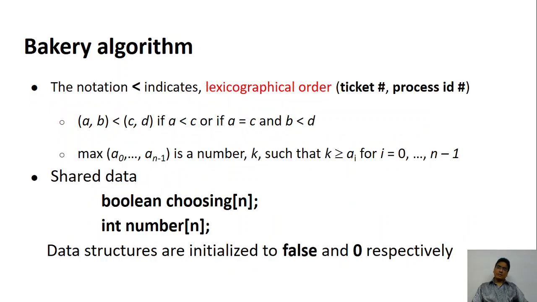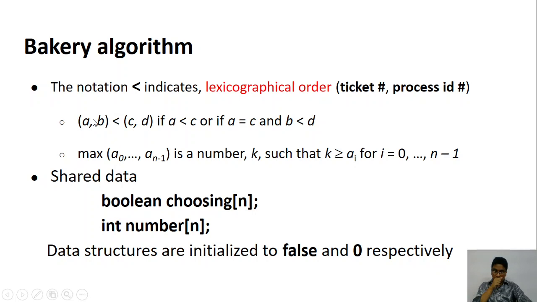Now in this algorithm we use the symbol called less than. Is 5 less than 6? The answer is true, but here it is not simply 5 less than 6. We are taking ordered pairs. So a comma b is one ordered pair, and c comma d is another. Is the ordered pair a comma b less than c comma d? How do I know that? If a is less than c, the first element, this is true. If a is equal to c, then we need to look further. If a is greater than c, it is false.